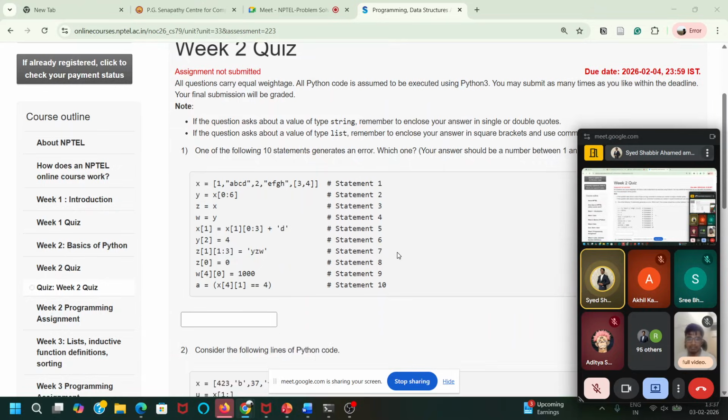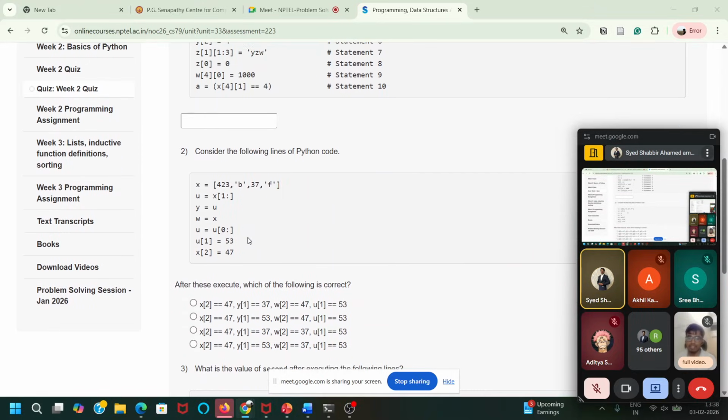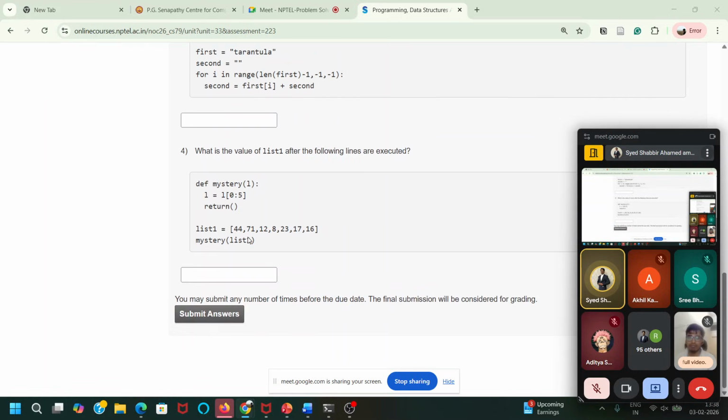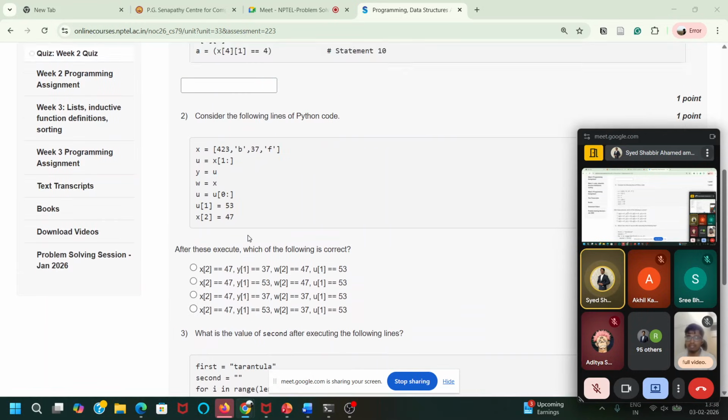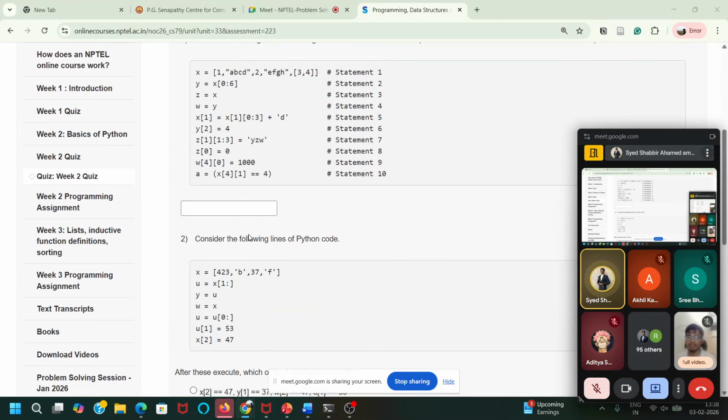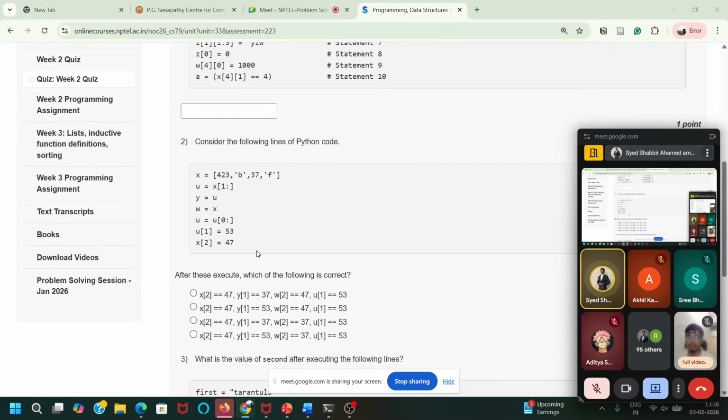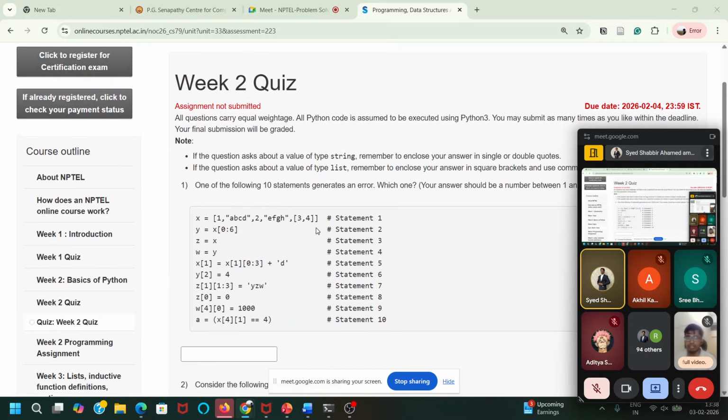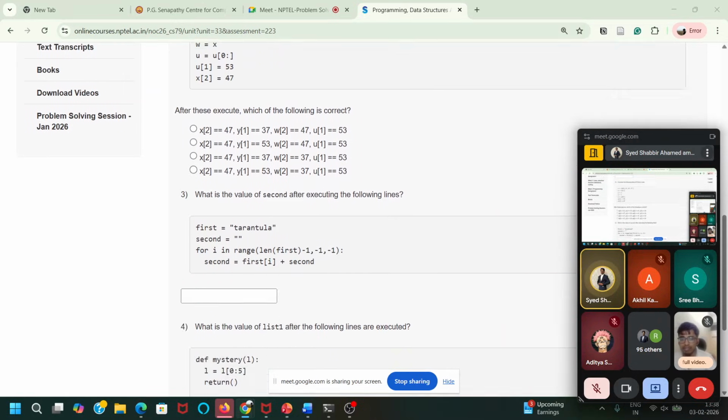There are four easy questions, and as I've said, just predict the answer by yourself and then run. That will be a good exercise for your mind to learn things, and it will help you a lot. You should not blindly go and run them, because that will not lead to any learning.